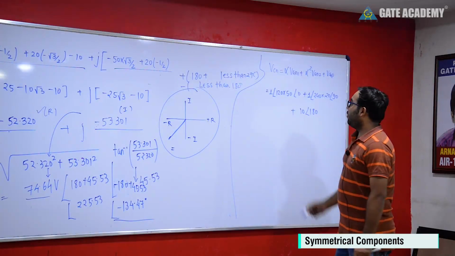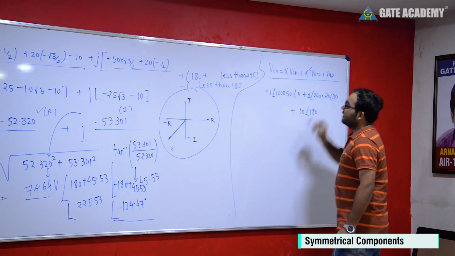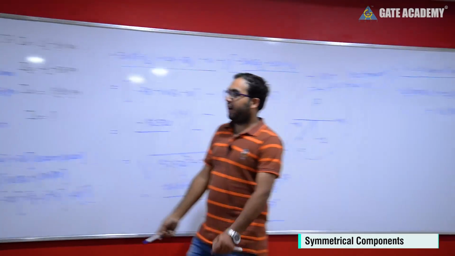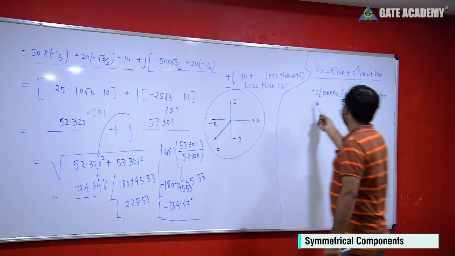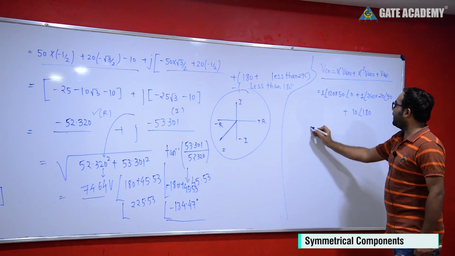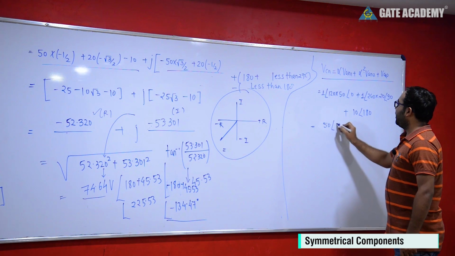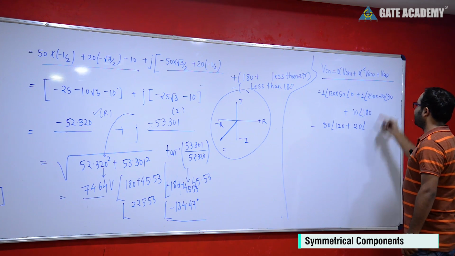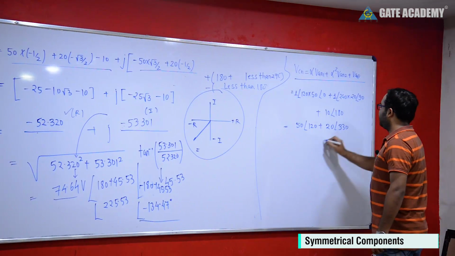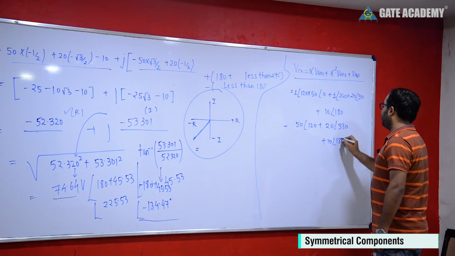Similarly for phase C, the formula will be this, because we have seen how to write VAN, VBN, VCN in terms of 1 to 0. So when you put all the values, it is this. Similarly, we can proceed like this: 50 at an angle 120. This will be equal to 20 at an angle 240 plus 90, which will be equal to 330, and this is equal to 10 at 180. When we resolve all these components, we are getting, so if we put all the values,